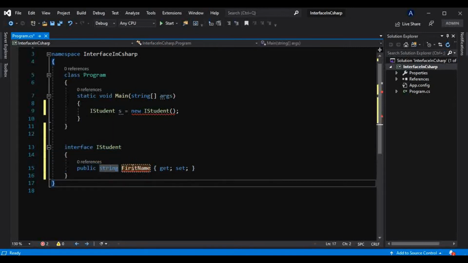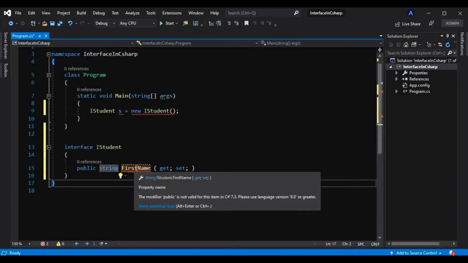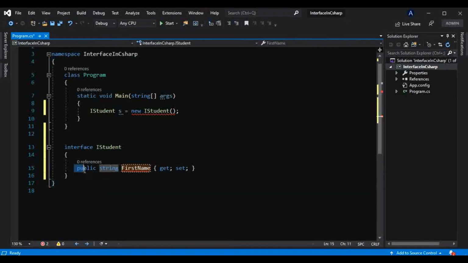So that's what this error will say if we hover our mouse over here. What it says: the modifier public is not valid for this item in C# 7.3, but starting from 8.0 it is possible. Now I am not using the C# 8.0 version, so that is why it is giving me that error, and it is giving that message in here, that is, please use language version 8.0 or greater if we want to use these public members.